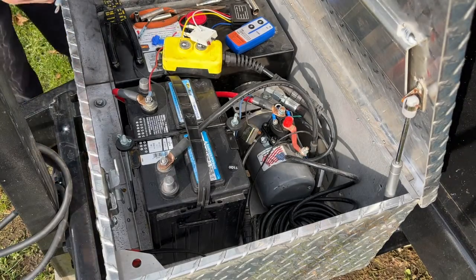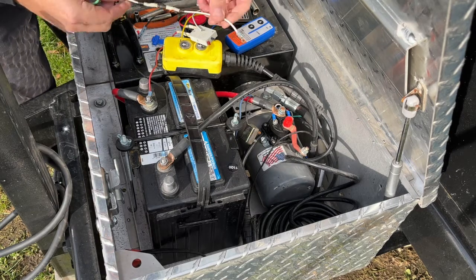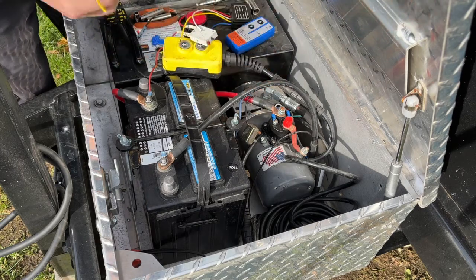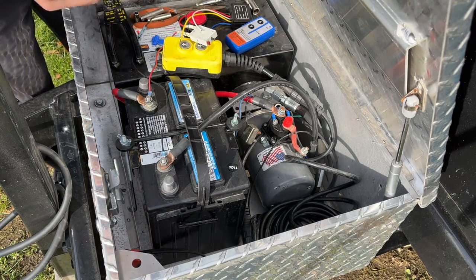All right, so we're back, guys. I got these pre-wired, of course. I put a ring terminal on for our up, which is going to go right here to our power relay. And then for our downside, I just have a regular wire here, and we're going to actually use one of